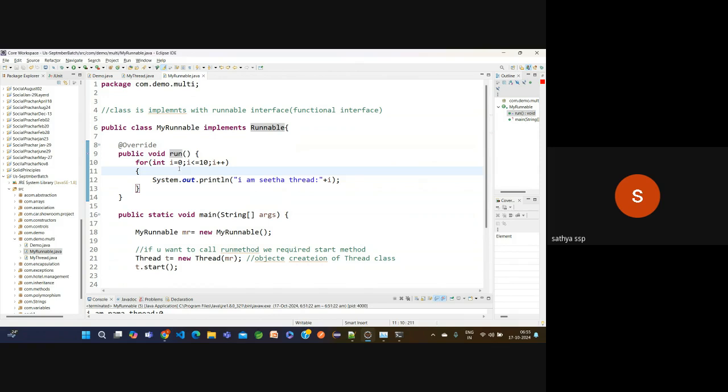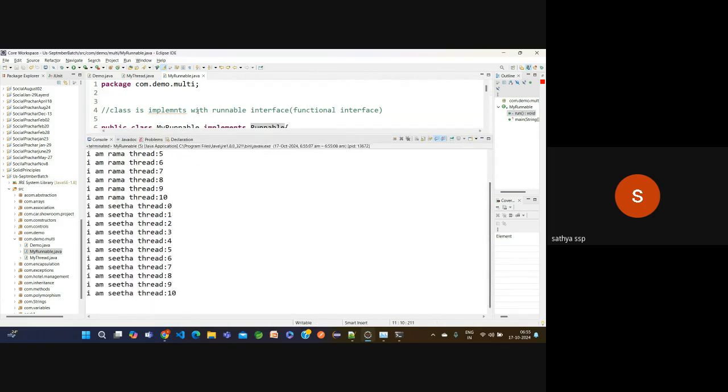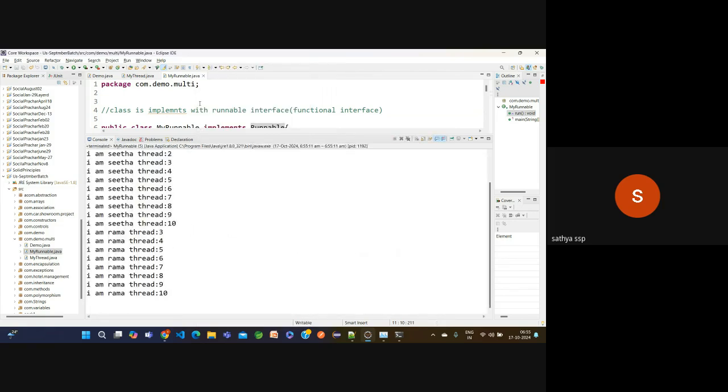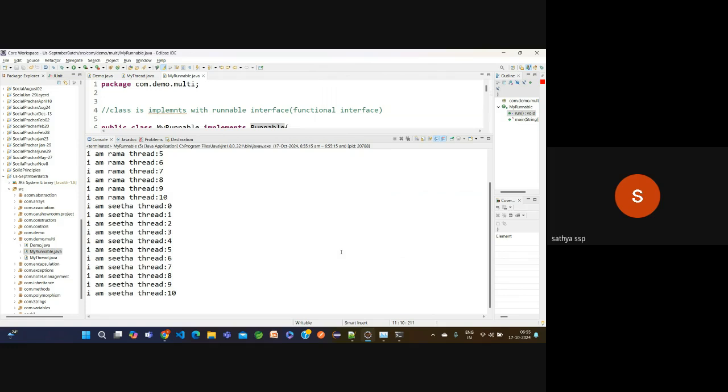But one point is still not clear. No matter how many times we execute, the output is not the same. For every execution we are getting a different output. Now I told you already, it is executed by the thread scheduler. Why is it executing like that? What is the purpose?